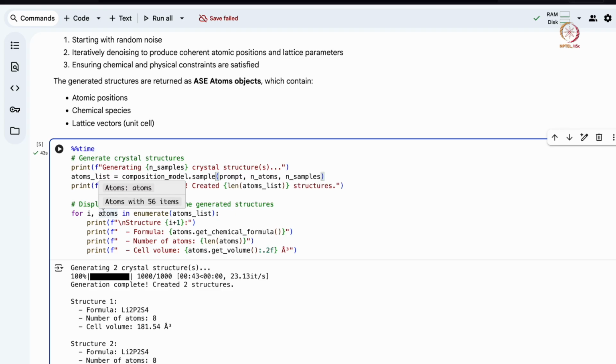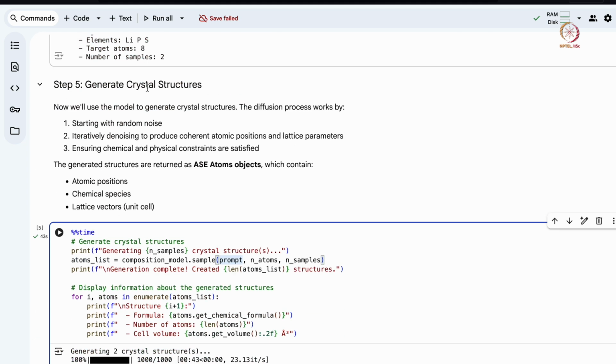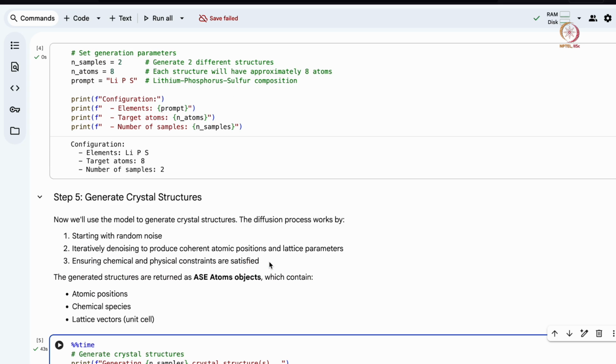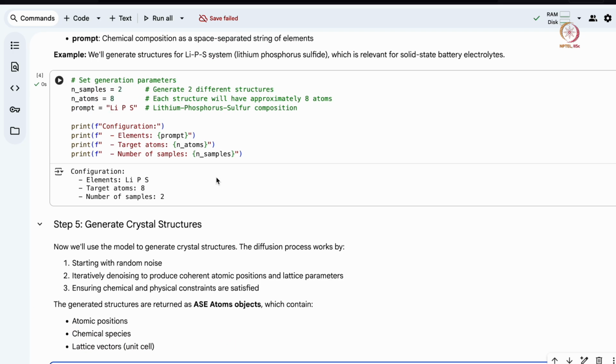We are generating 2, and they will be stored in that atom list. Here we are calling the composition model, and the input to the model is the prompt, the n_atoms and the n_samples. Our prompt was LiPS, n_atoms was 8 and n_samples is 2.